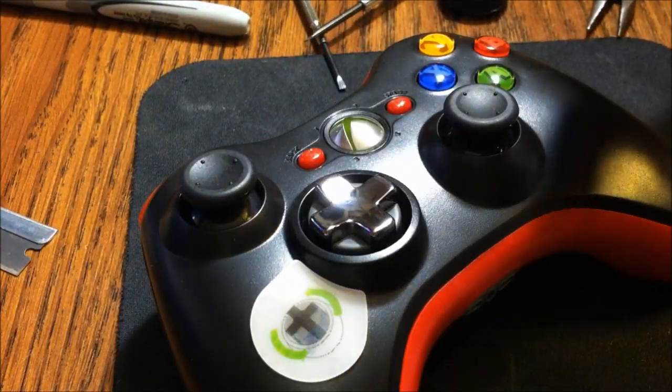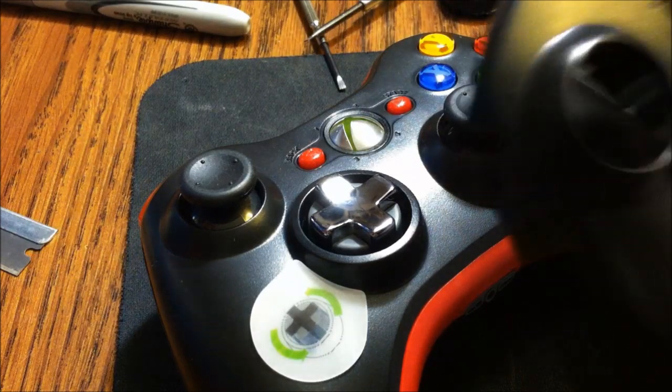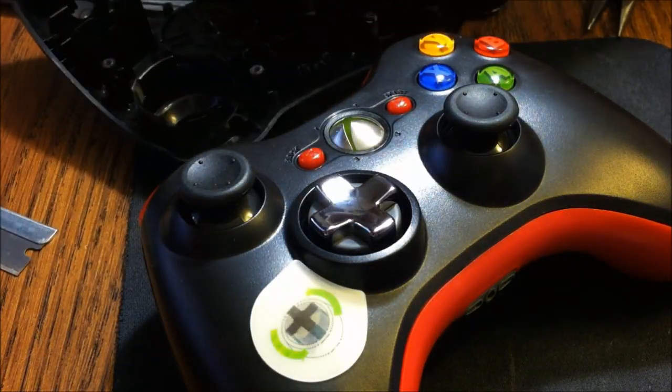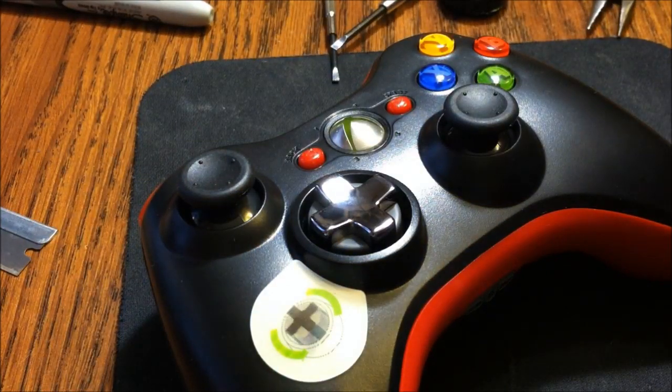Like I said, guys, it takes about 10 minutes to do if you've never done it. Just take your time. It's easy to do. It's real cheap. Like I said, the parts are less than $10. I think it's like $8 on eBay. And all it is is this little